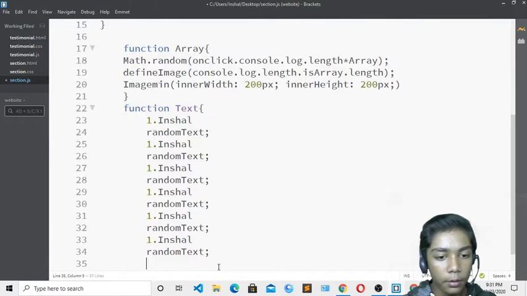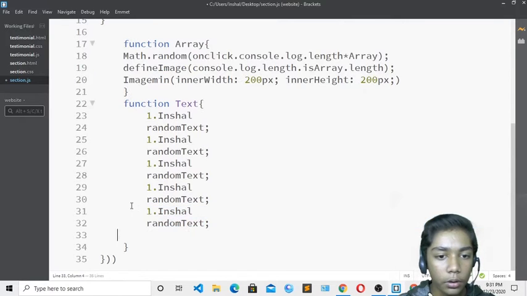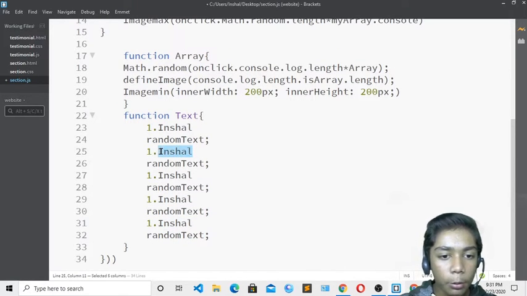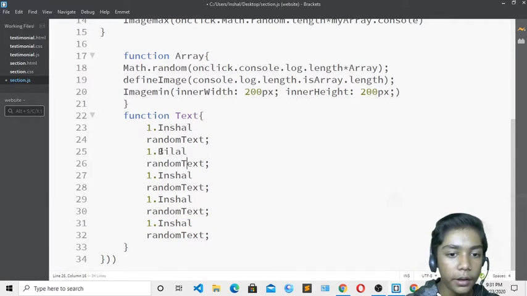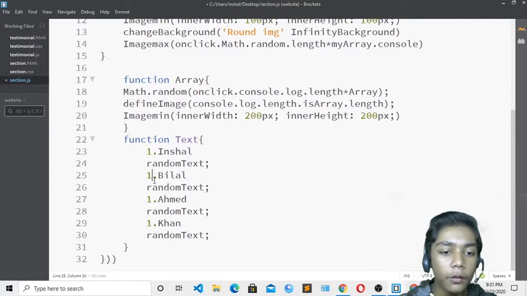Okay, and I will just do like that, and I will just erase these two. I will just change its name. So I will just change it to Bilal. Then over here I will change another name, and I will change it to Ahmad. So I will change many names over here, and I will change over here also. So I will change it to Khan, and there are many names, so I am just writing these randomly. And over here I will change it to 2, then 3, and over here 4.